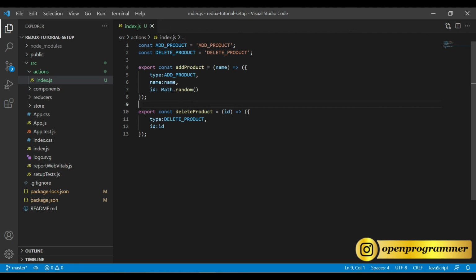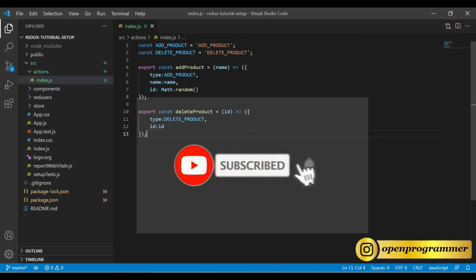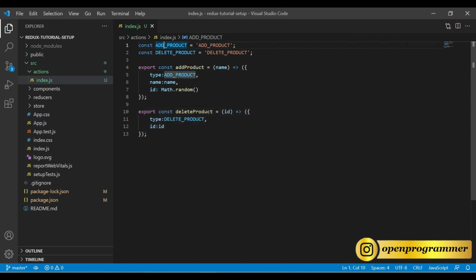Otherwise, it will create confusion and you could make mistakes, and it will take you much more time to learn Redux. So it is easier and beneficial to use the same names for action names and action method names. All right, so this is about the actions in Redux.